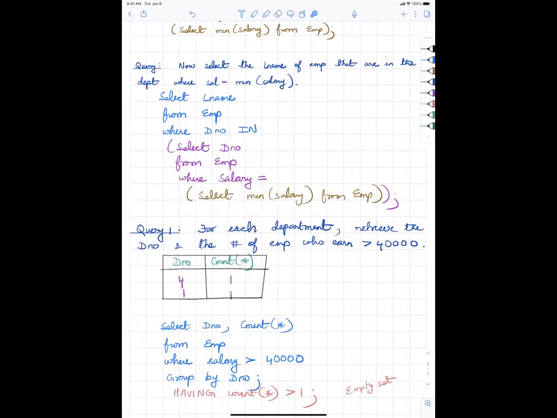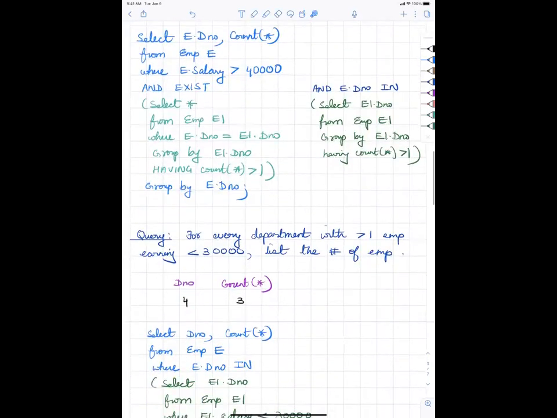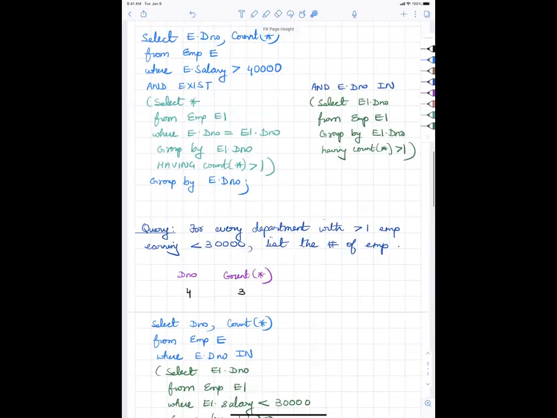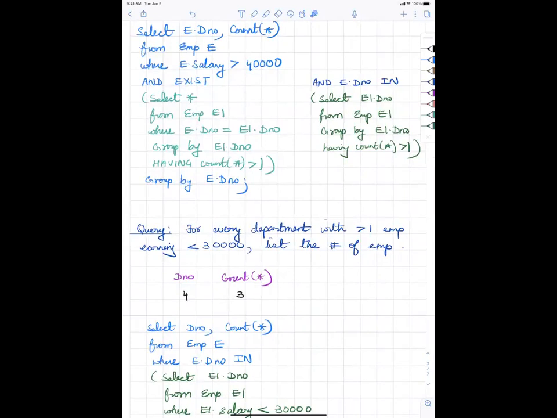They were all very easy. I would like you to try these out and play around with them a little bit. I think your textbook also has queries on group by and aggregate, so you can just try them out. So anything else? Do you have any questions? So if you don't